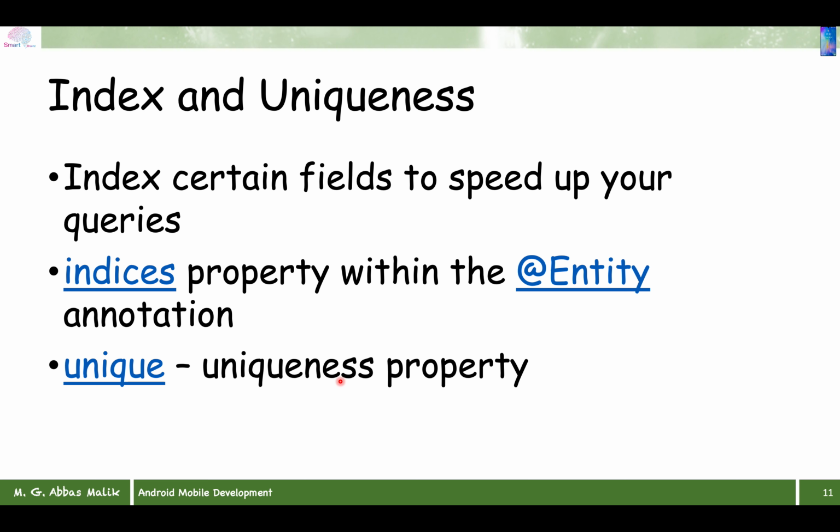So Malik is the last name, and if I say that the last name should be unique, then I cannot enter another student, or another person, in that particular table which has the last name Malik. So unique means that in that particular column, all the values will be unique, and that is true for our